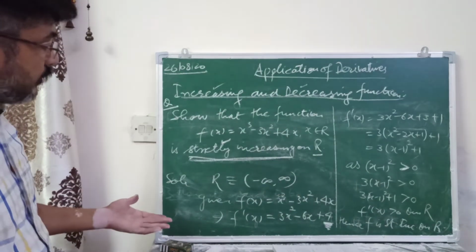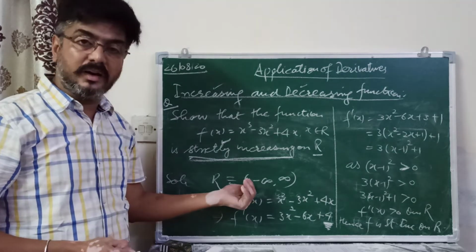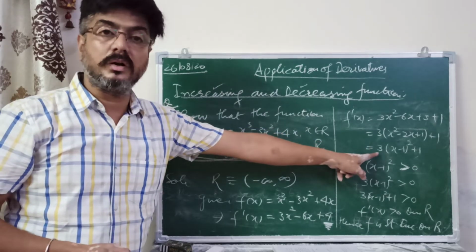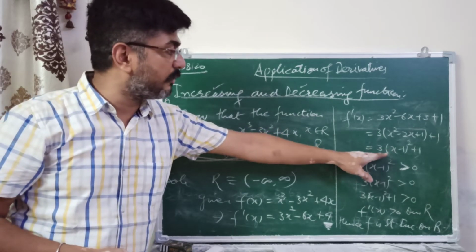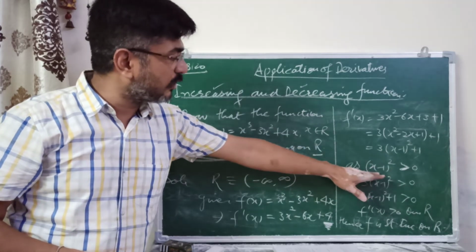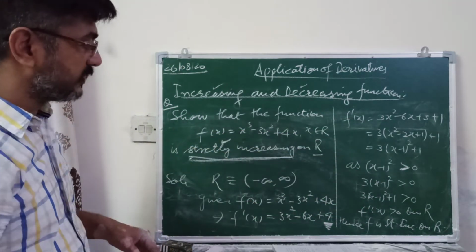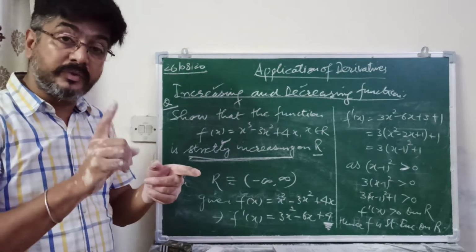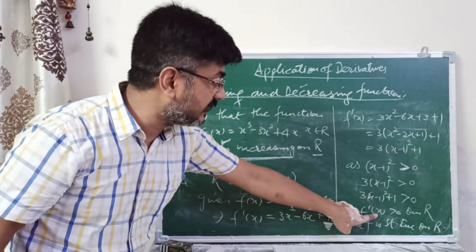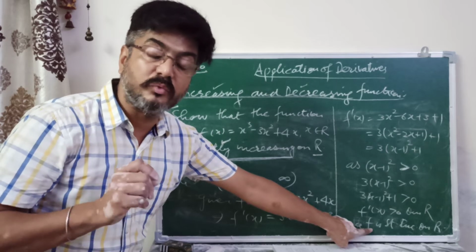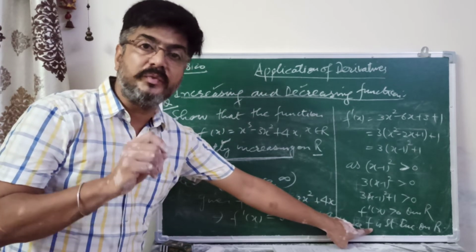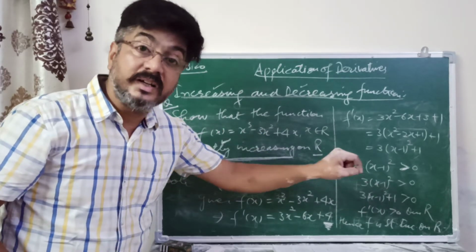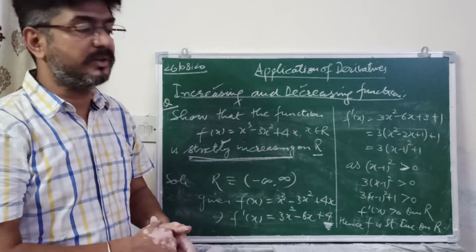I think now it is very much clear to all of you. We are given a function on the open interval R. We will take the differentiation of this, using the completing the square method. We will take it in the form of a complete square, and it is always positive, you know very well. So f dash x is always positive on R. We are checking the sign of f dash x and we are giving the result for f(x). This is very, very important. So f dash x is greater than 0, therefore f(x) is strictly increasing on R.